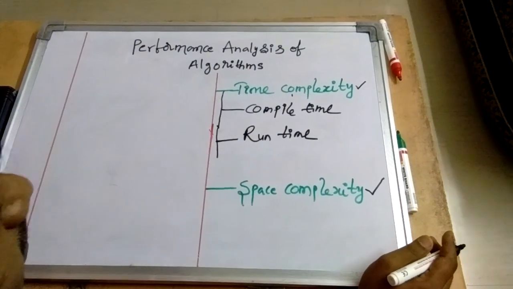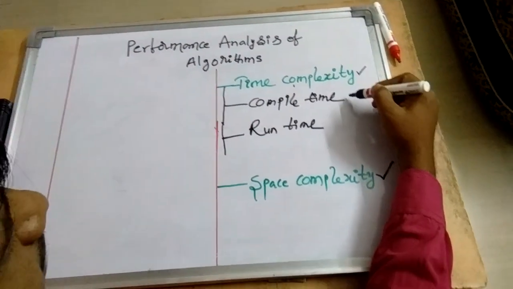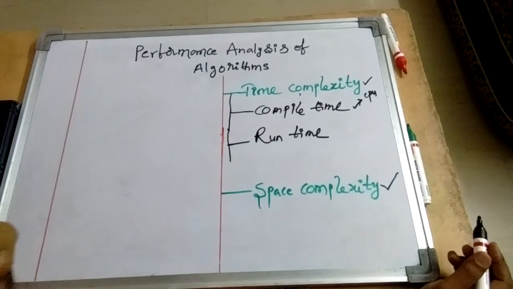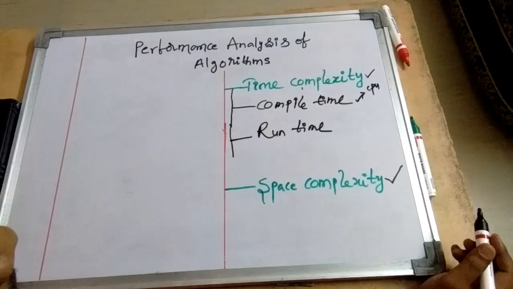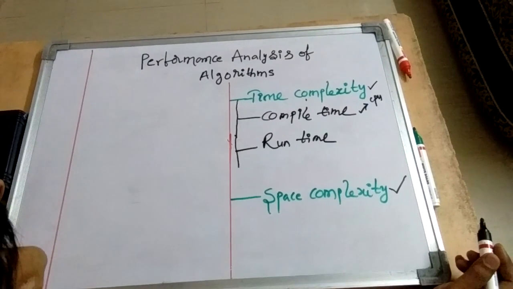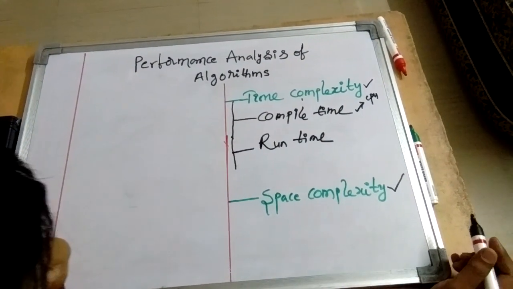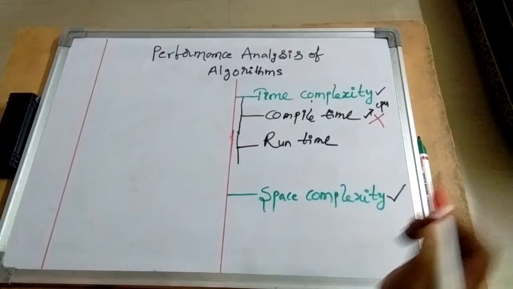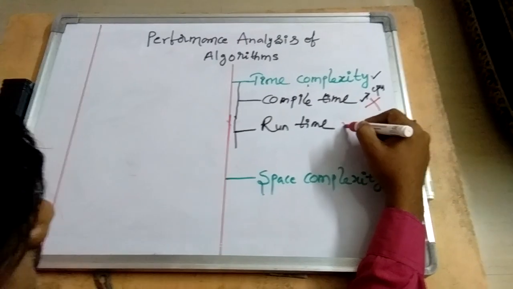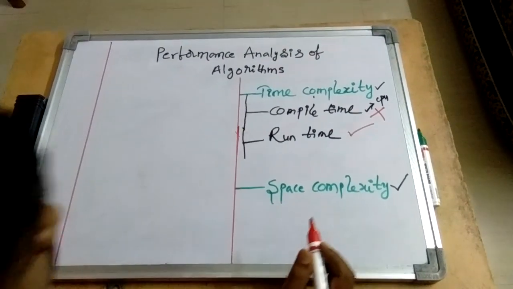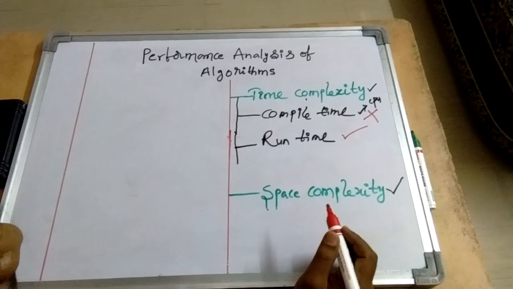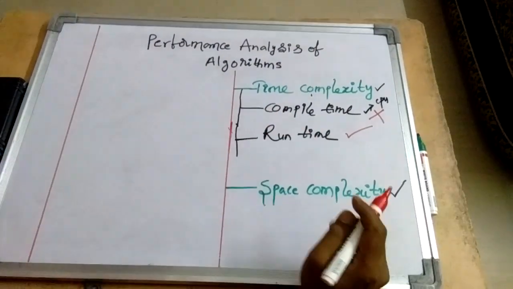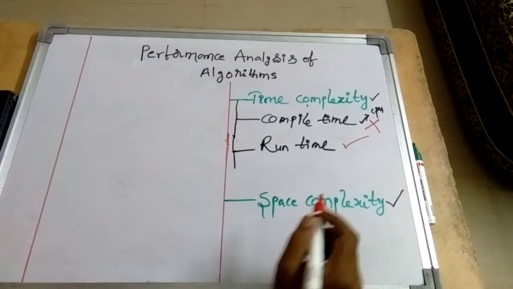In fact, the compile time does not depend on the CPU, because the CPU won't get involved in compiling the program. And moreover, once you compile the program, you can run it n number of times, provided the code is not modified. So that is the reason why we won't consider the compile time. But runtime is the actual CPU time being used by the program to run to its completion. So whenever you are focusing on time complexity, the runtime or the execution time of a program is very important.